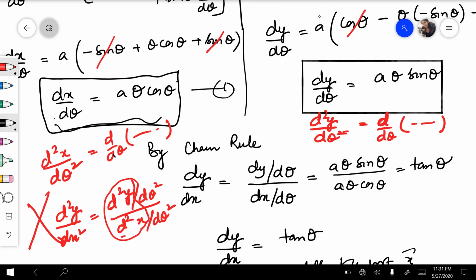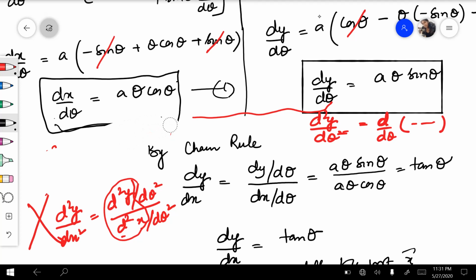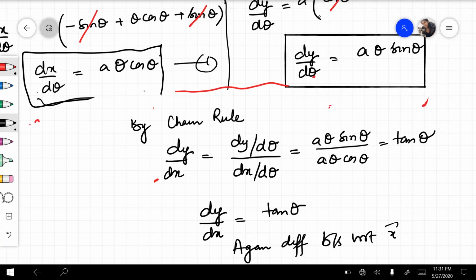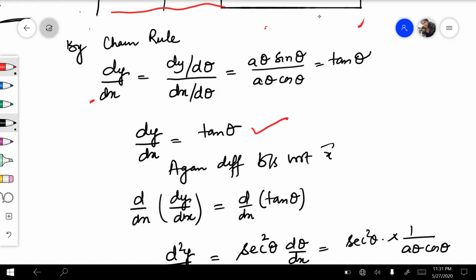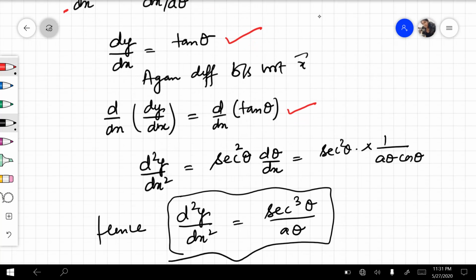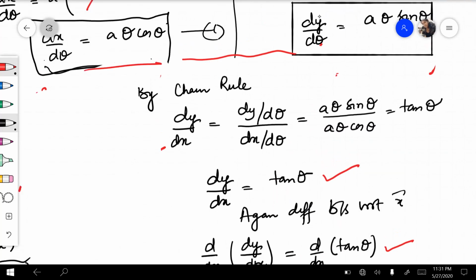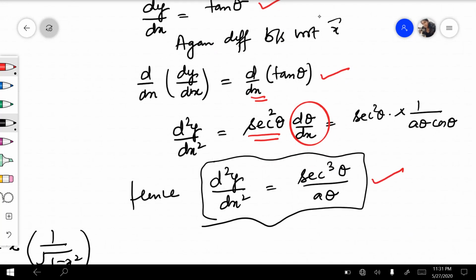और अगर आप ऐसा करके आते हो तो आपको बस इस स्टेप तक के ही मार्क्स मिलेंगे, बाकी सब आपका इनकरेक्ट हो जाएगा। करना क्या है, आपने dx upon d theta निकाला, dy upon d theta निकाला, चेन रूल से dy upon dx निकालिए, जो आएगा dy by dx उसको फिर से डिफरेंशिएट कीजिए विद रिस्पेक्ट टू x, तो आपके पास d by dx of tan theta आ जाएगा which is secant square theta, क्योंकि हम विद रिस्पेक्ट टू x कर रहे हैं तो into d theta upon dx, जिसकी वैल्यू हम इस एक्सप्रेशन से लेके आएंगे और सिंप्लीफाई करेंगे, तो आपके पास फाइनल आंसर जो होगा that is secant cube theta upon a theta।